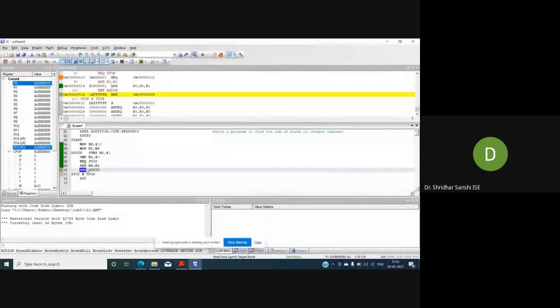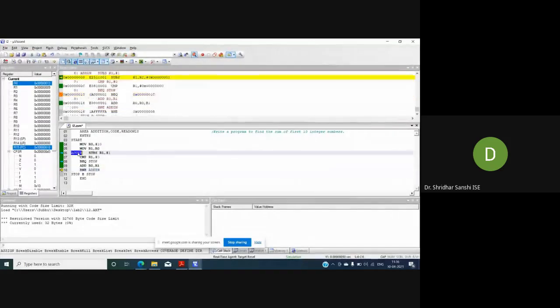So where do I need to go? I need to go to this label. So where is this label? This label is here. Once I execute this, the execution will go to this particular line number 6. Correct? It has gone. You can check here. So hello is pointing to this particular instruction. Correct? So again I will execute.